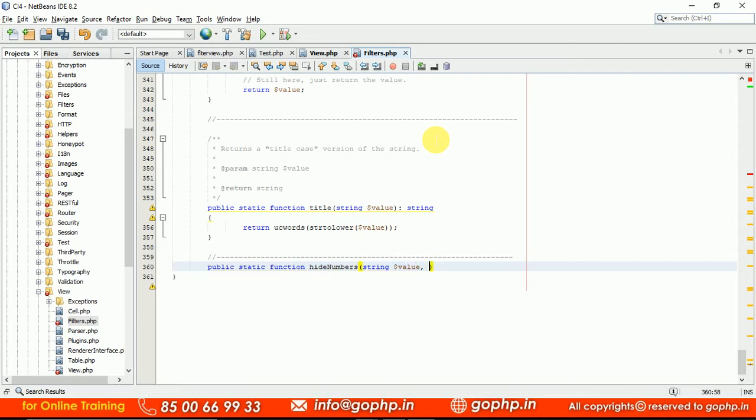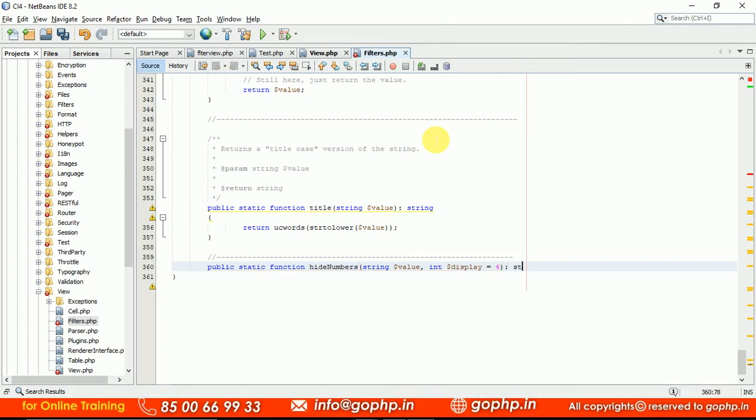Second parameter is nothing but int. I want to take something called display equal to 4. All of you check it carefully. Initially I want to display 4, remaining I want to hide it. Sometimes you may pass a parameter, you may not pass a parameter. If you pass the parameter, based on that I will execute it. If you didn't pass, I don't want to do anything, guys. That's why I'm taking it like this.